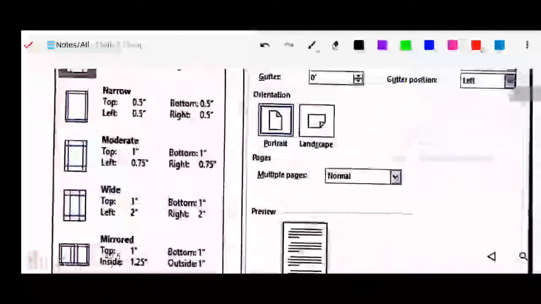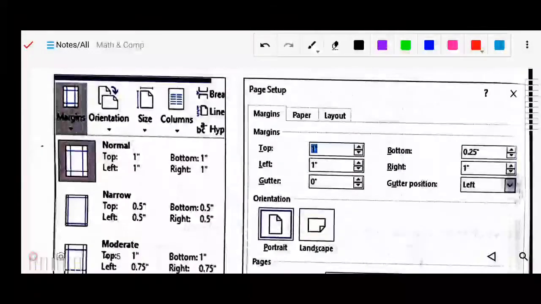In this window, first of all, you can see the margins which are already given. Normal is one type, where it is 1 inch. Narrow is 0.5, 0.5, 0.5. Actually, by default when you open without any changes, you will get this normal one.